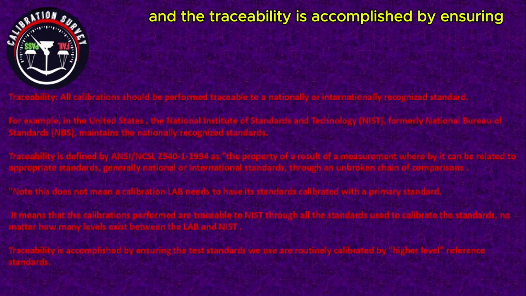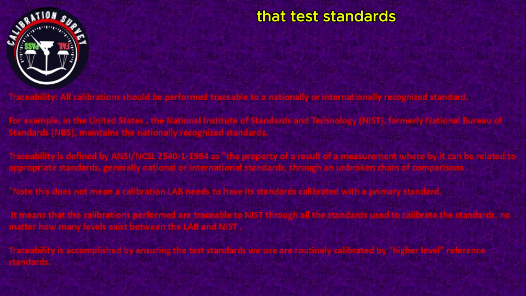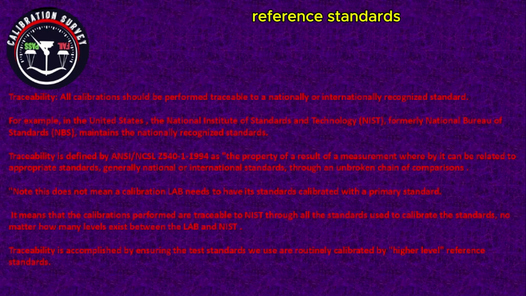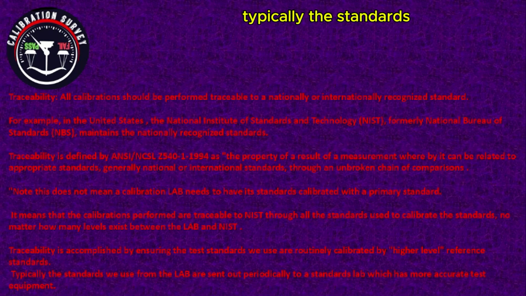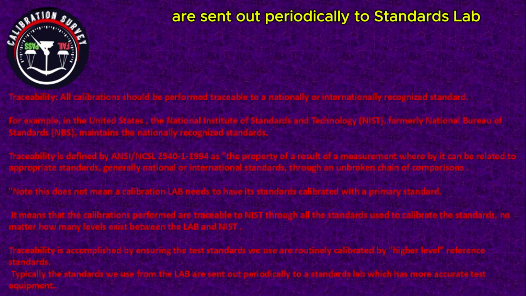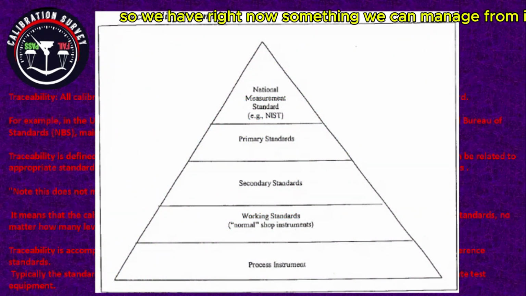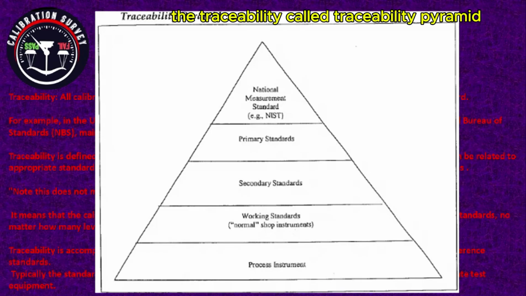Traceability is accomplished by ensuring the test standards we use are routinely calibrated by higher level reference standards. Typically, the standards we use in the lab are sent out periodically to a standards lab, which has more accurate test equipment. So we have something we can manage from it, called the traceability pyramid,